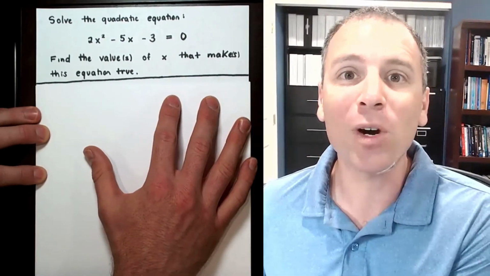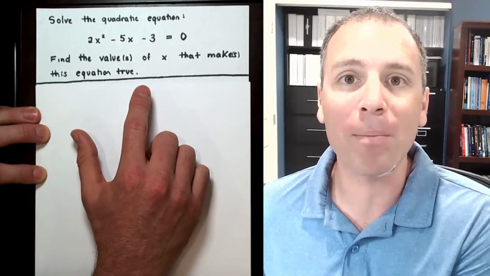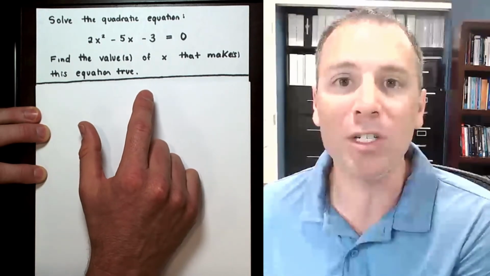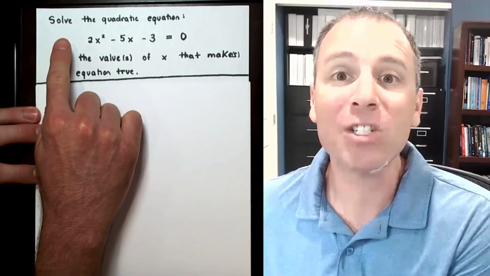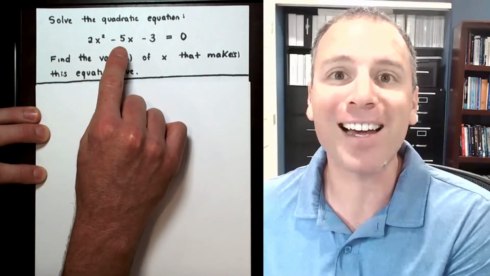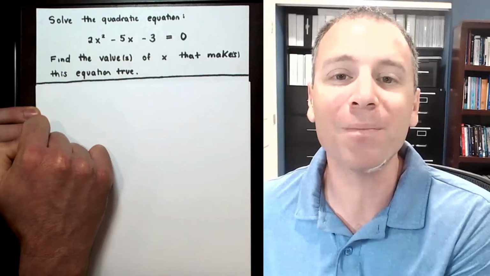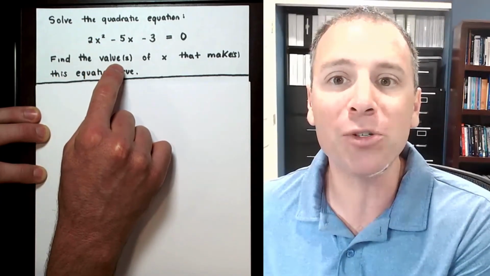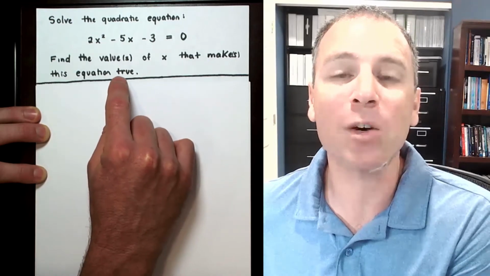As a case study, we're going to look back at a very classic problem that shows up in many math classes to make a point about using MATLAB. That problem reads, please solve the quadratic equation 2x squared minus 5x minus 3 equals 0. And what we mean by that is to find the value or values, there might be two of them, of x that makes this equation true.